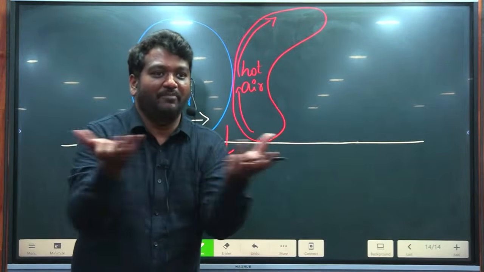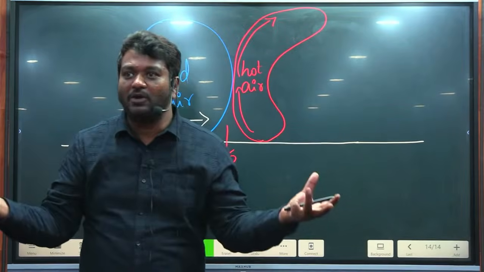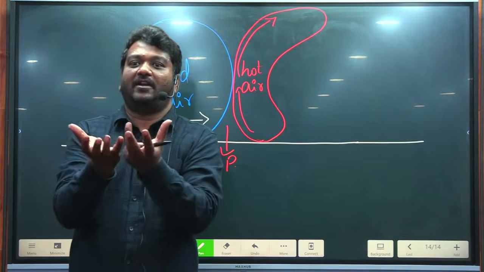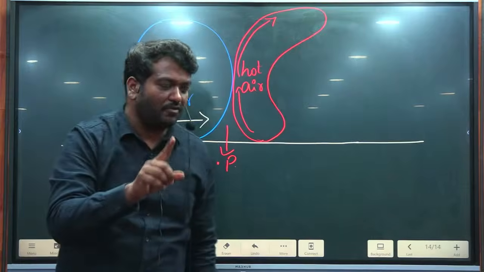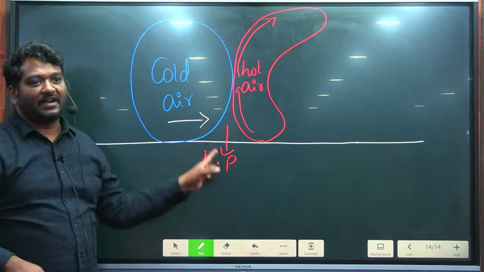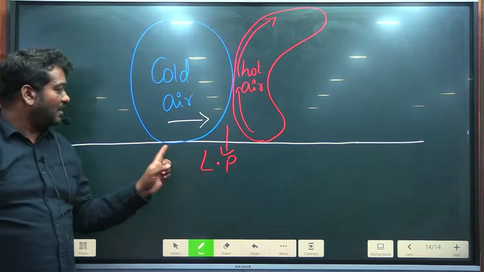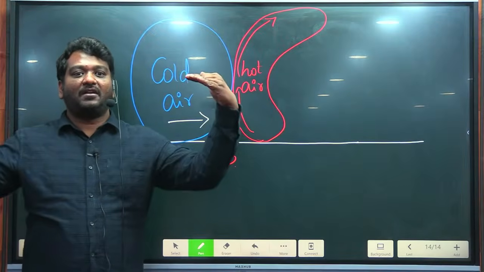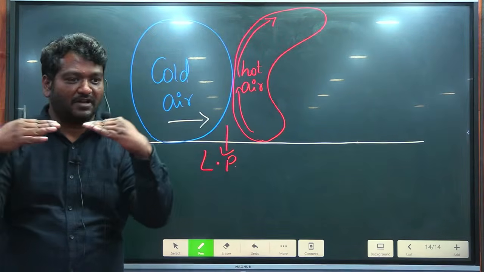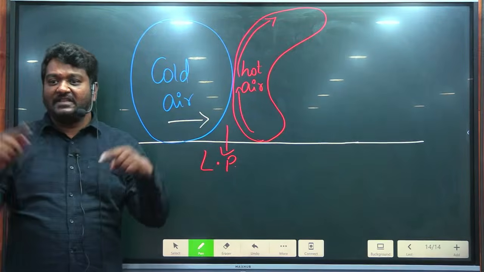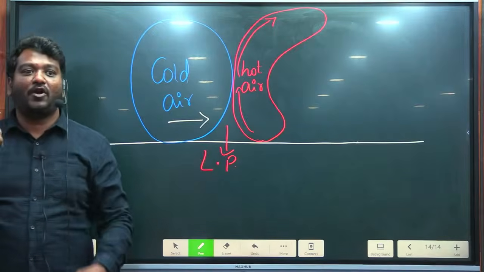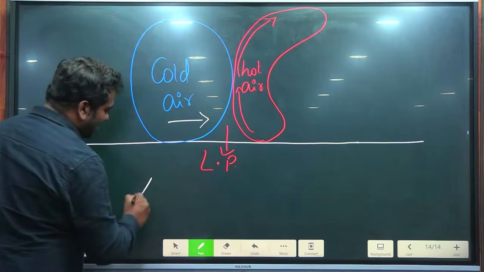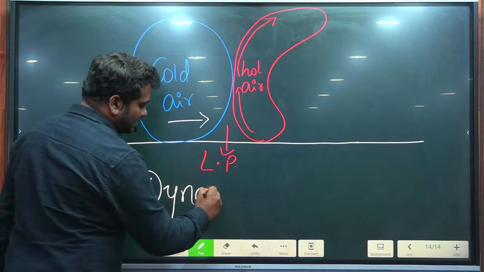Two hot air, if it meets, they mix. Two cold air, if they hit, they mix. But hot and cold, if they hit, which one rises? Hot rises. Now you tell me, here, hot air is rising not because of Earth's surface temperature. Hot air is rising because they are converging, correct? Hot and cold is converging. As air is rising because of convergence and not because of temperature, this is called dynamically induced.